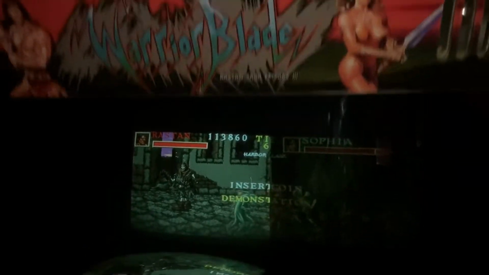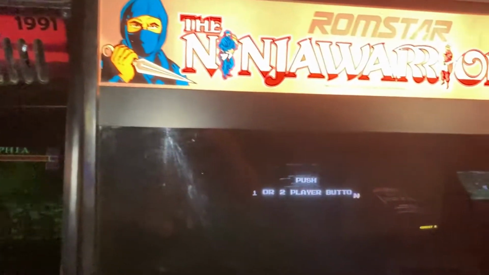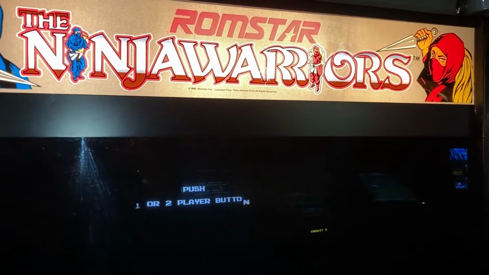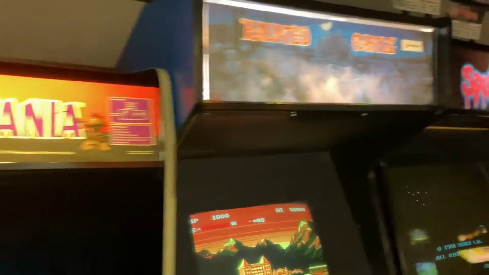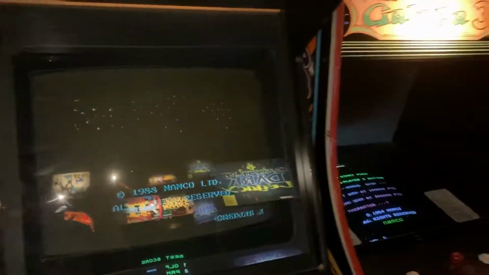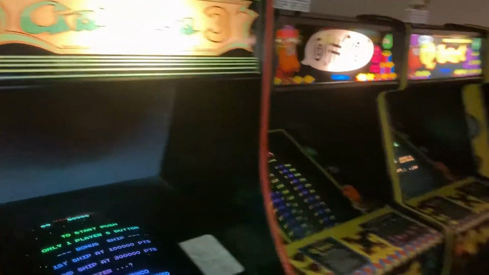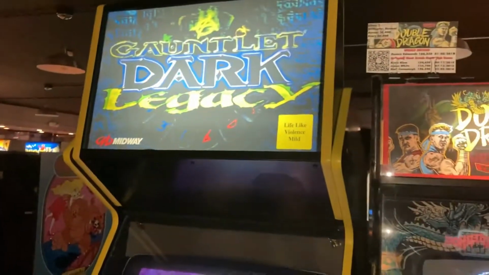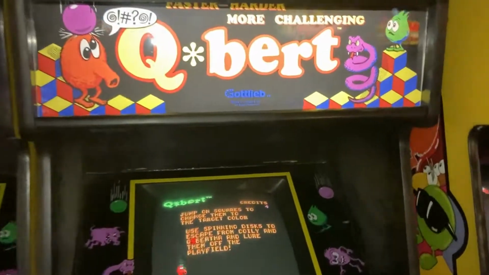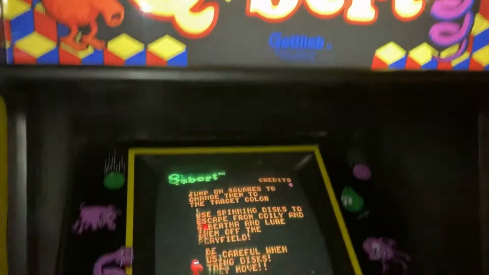We have Warrior Blade, a widescreen Ninja Warriors, also the double screen Versus Castlevania, and there's Haunted Castle, Splatterhouse, Galaga 3, Gauntlet Dark Legacy, it's a classic for the arcades, Q*bert, and the unreleased Faster, Harder, More Challenging Q*bert,